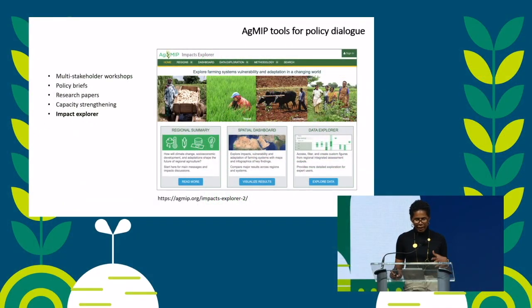The tools that have been developed by NASA and the AgMIP consortium integrate the stakeholders' demand and needs, and they are of really tremendous use for ongoing adaptation planning in the agricultural sector, at least in Senegal. For example, we have this Impact Explorer platform that you should go and visit, that is very versatile, yet powerful.